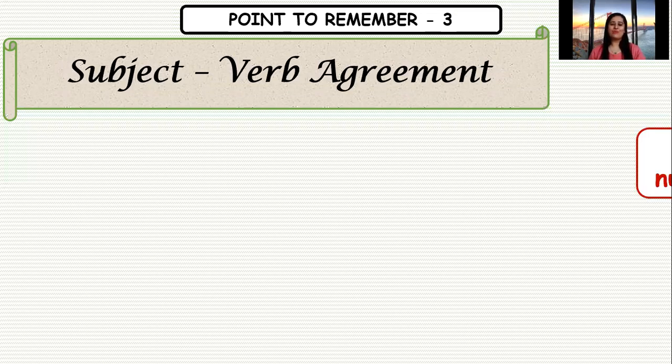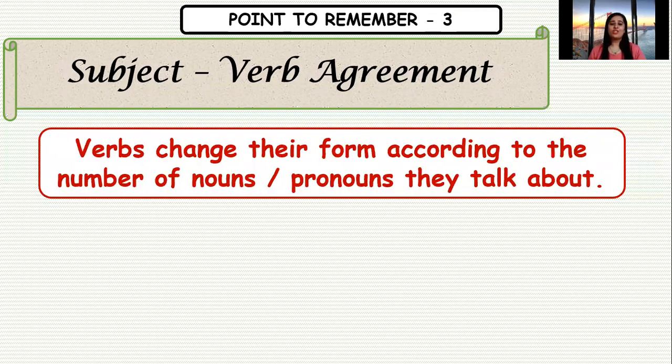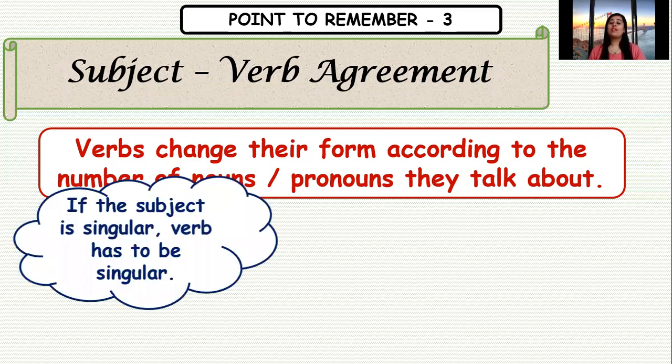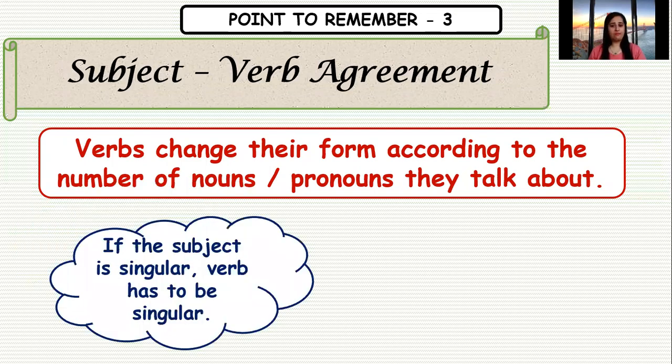Here's the clue. Verbs change their form according to the number of nouns or pronouns they talk about. Again getting confused? Wait. See here. If the subject is singular, that means if you're talking about just one person or just one place or just one thing, the verb also has to be singular. Okay, this is the agreement that for friends to be friends, if the subject is singular, verb has to be